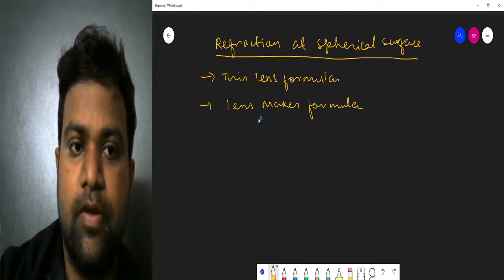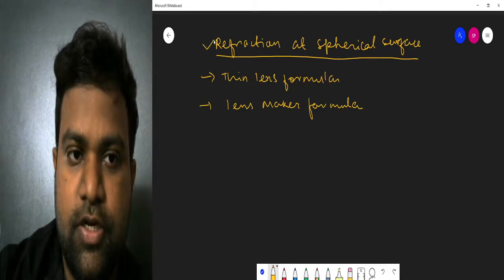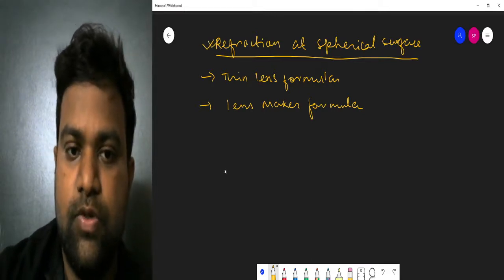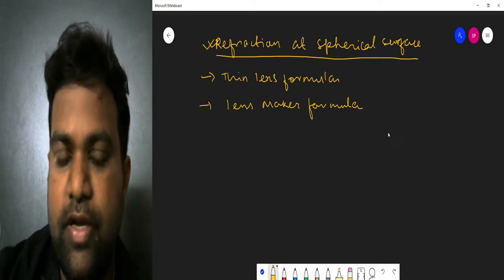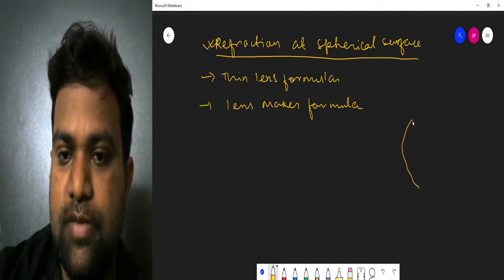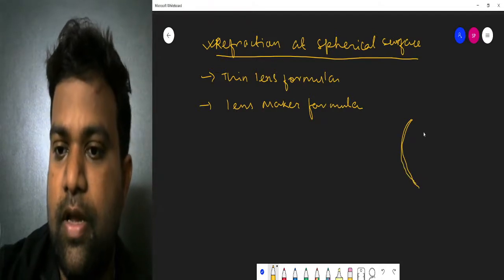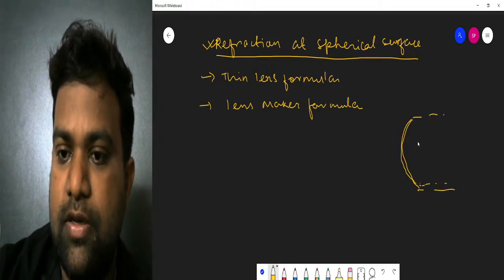Let us see. So first we derive refraction at a spherical surface. Refraction at a spherical surface means it can be concave, it can be convex shape. So this is a convex shape, and let's say this is a convex medium, let's say glass or something like that, having convex shape, and this is, let's say, n1,